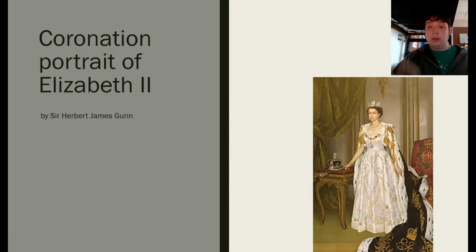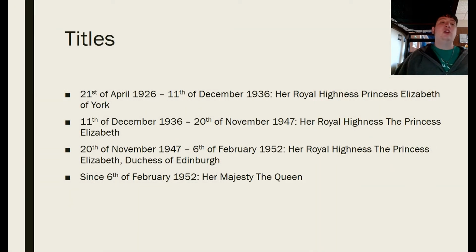Very faintly you can see in this painting. Her titles. On the 21st of April, 1926 to the 11th of December, 1936, she was Her Royal Highness Princess Elizabeth of York. On the 11th of December, 1936 to the 20th of November, 1947, Her Royal Highness the Princess